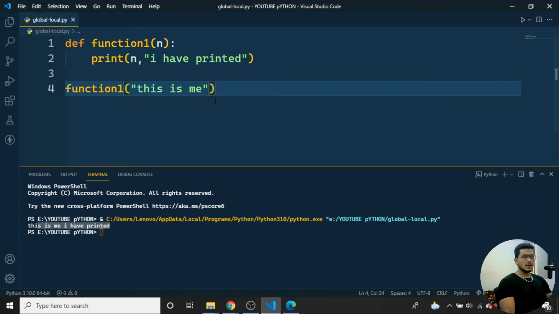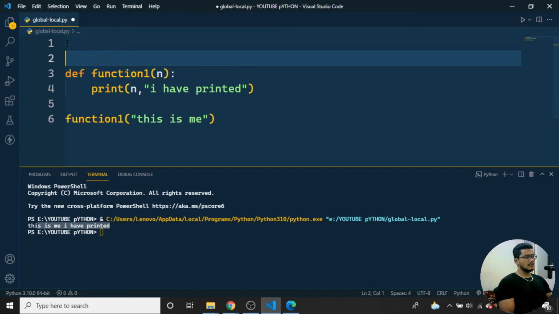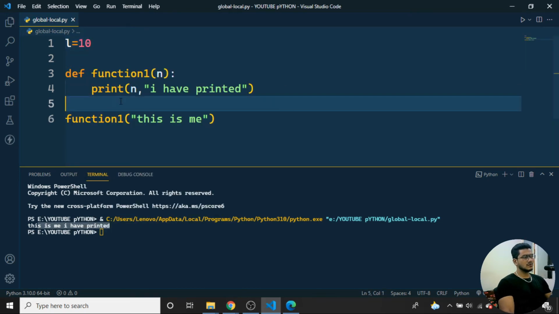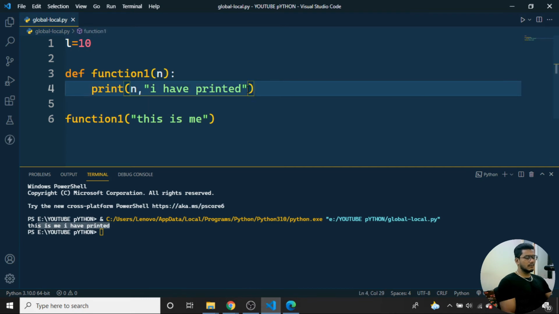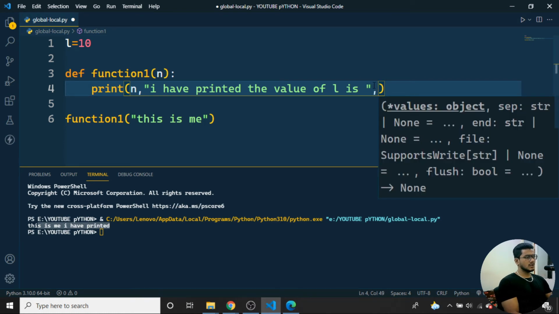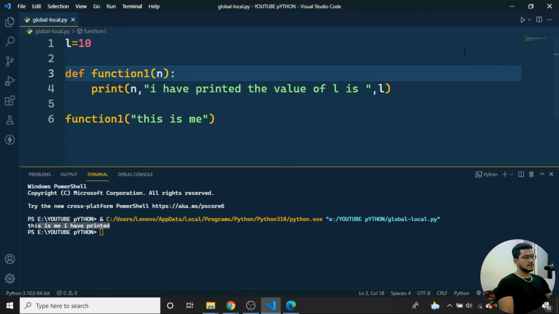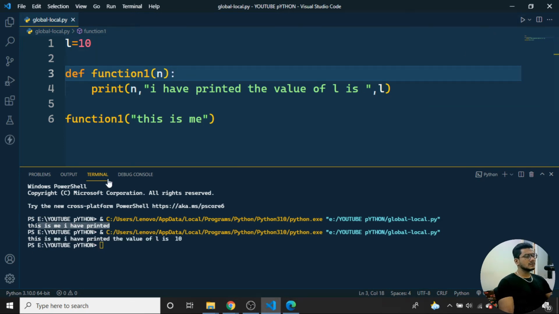Same way, now in function1, I'll pass some value. I'll write L is equal to 10 over here. I'll print "the value of L is". I want to grab the particular value, so I'll put a comma and then print the value of L over here. Let's see whether it works or not. When I run the program, you can see